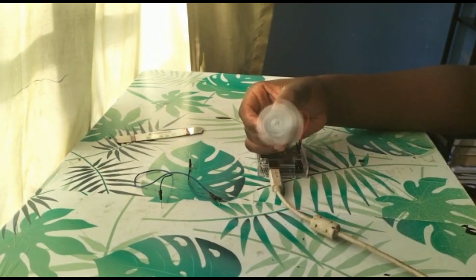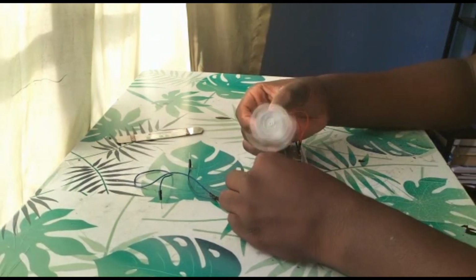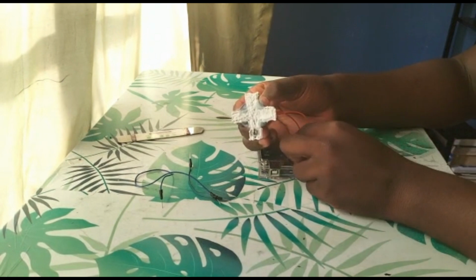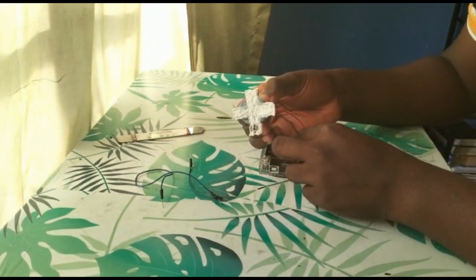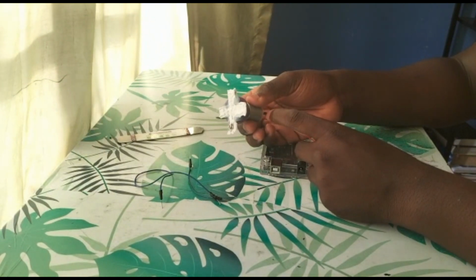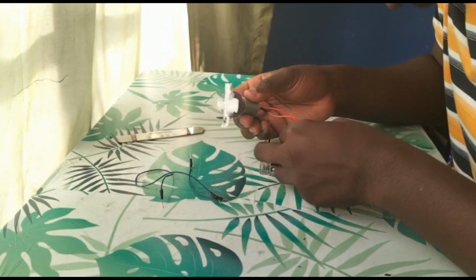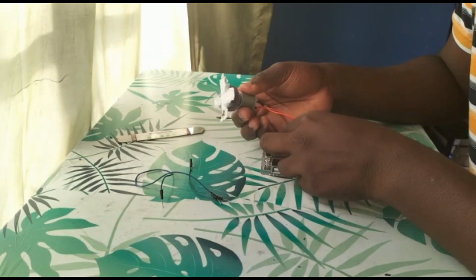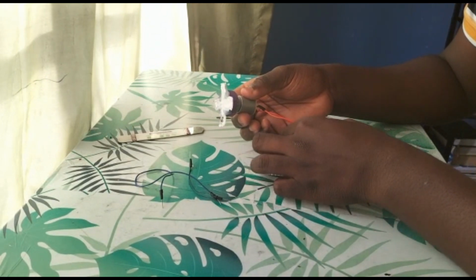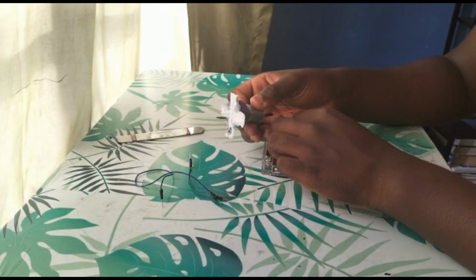Now, you can actually change the way it moves, and I'll show you right now. You just take away the power, because I don't think it's good to be playing with wires while the power is still on. And then you just swap them around. You can either swap them from these pins right here, or you can swap them from the board. Okay, I'll just put the orange one on 5 volts and the red one on ground,